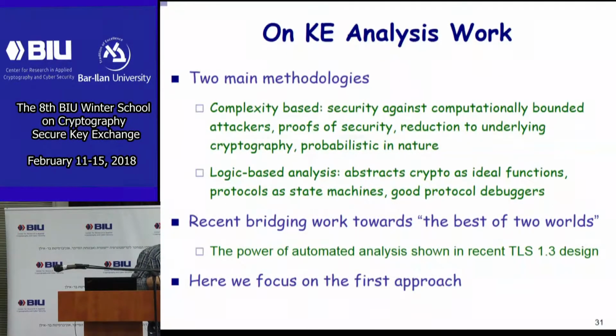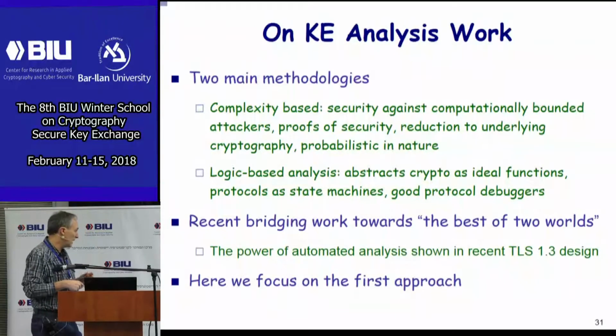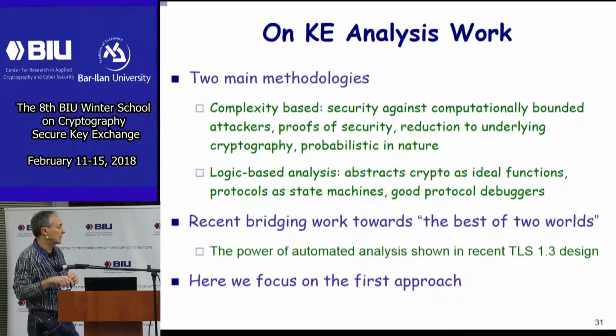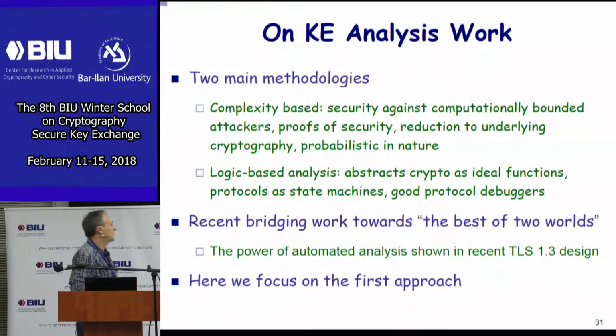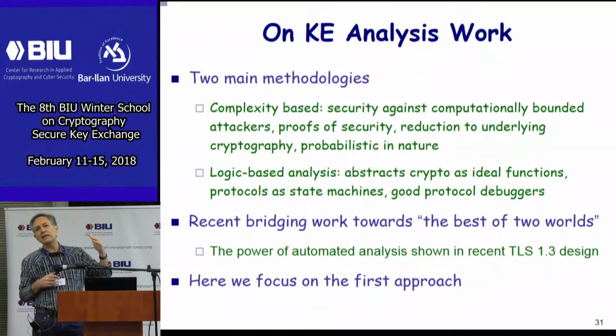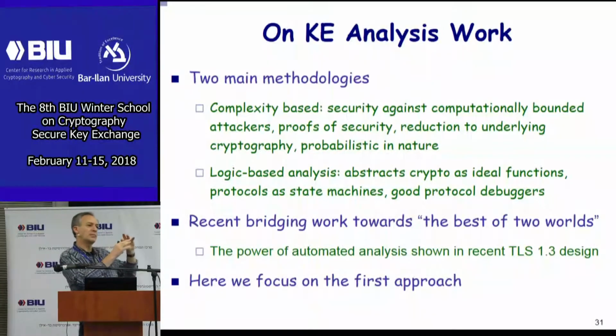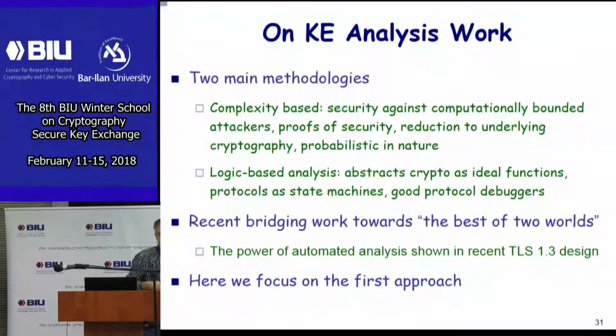Automated in the sense of some state machine that looks for good or bad ending states. But particularly lately, in the design of TLS 1.3 that happened in the last 3 years, we've seen really amazing use and results of these automated tools that not only can analyze protocols on their very basic crypto skeleton, but they can also analyze a specification of the protocol and even, in some cases, implementations of the protocol. So that is very interesting stuff.